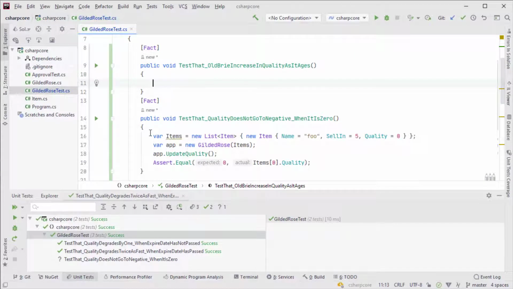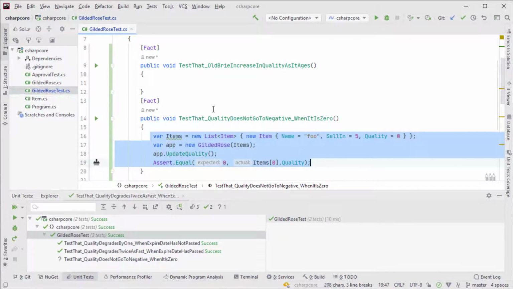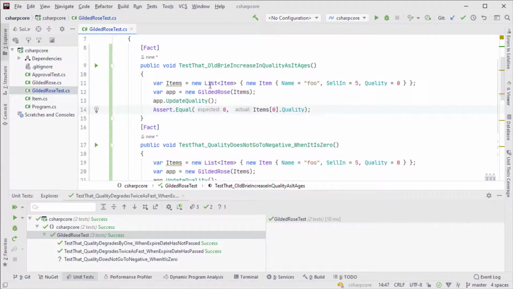So we're going to copy the setup from the other test and have the Brie. Now we're going to have a quality of 10, sell-in date of 5. So when we update, we would expect the quality to go to 6. And let's try to run the test.